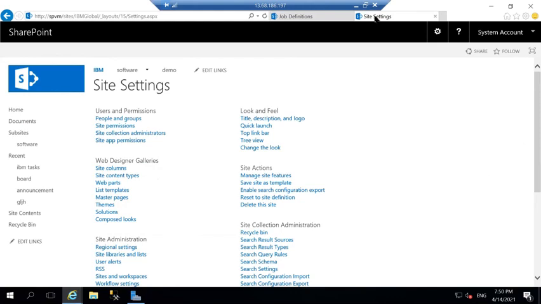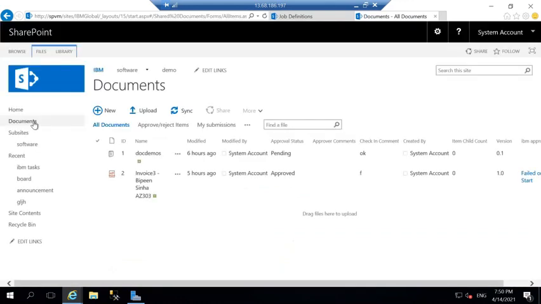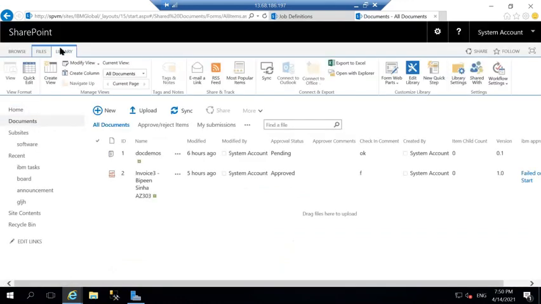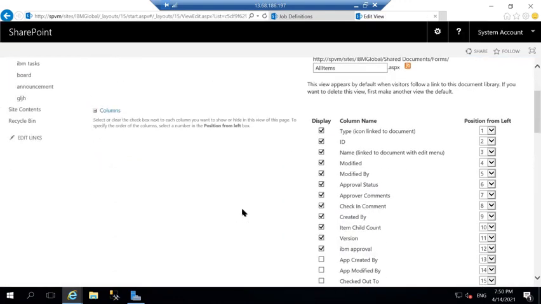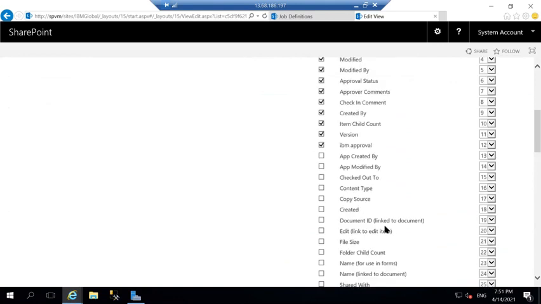View. In a default view, now we should have a column which is going to let me know my document ID. So now I say that the job should run every day. Go to the library, click modify view. Yes, you get the document ID now. Correct. This feature has been enabled